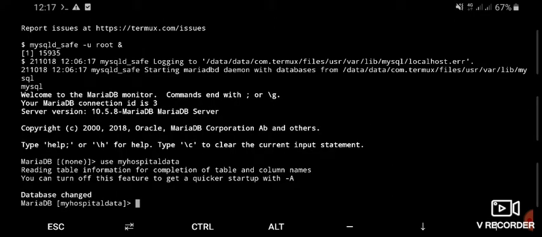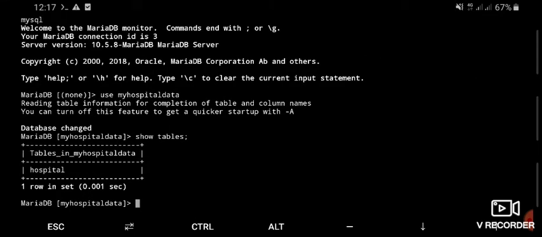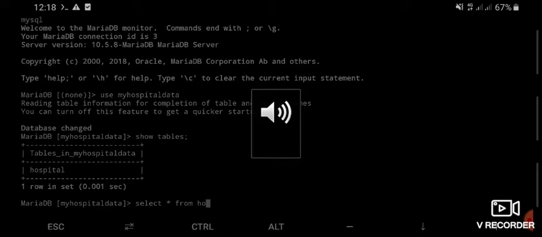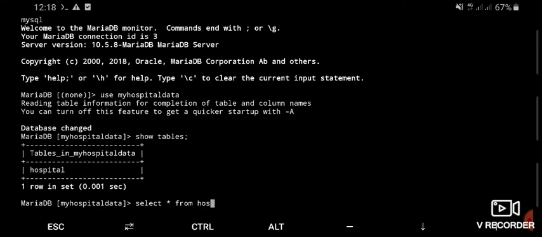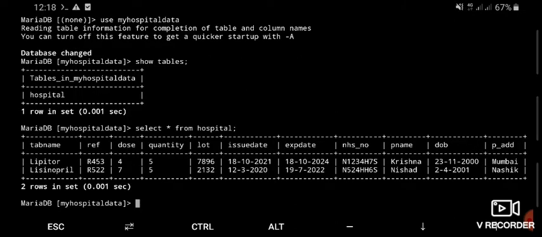We have entered our database, show tables. See, I have made this hospital table in which all these records are inserted. So I will display the table. See, these are the records we have inserted in our database.